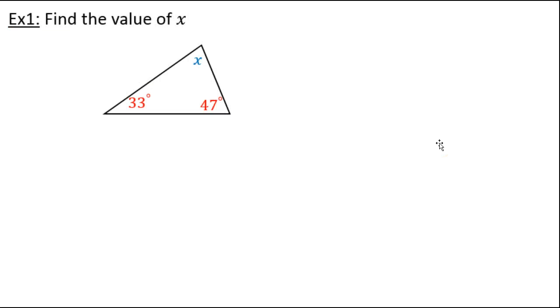Let's see an actual example of this. Here we have our triangle, and we have three angles. So we're going to add up my red angles. If we add them up, we get 33 plus 47 is equal to 80. Better yet, I'm going to write an expression. We have 33 plus 47 plus my x is equal to 180 degrees. If I add these two together, I have 80. I bring down my x